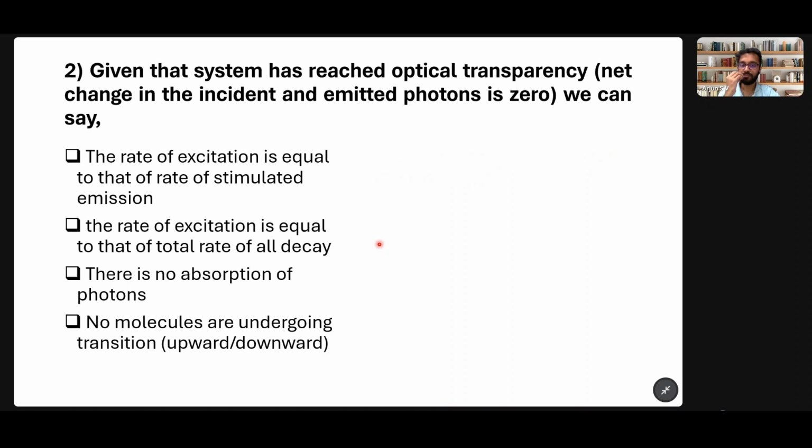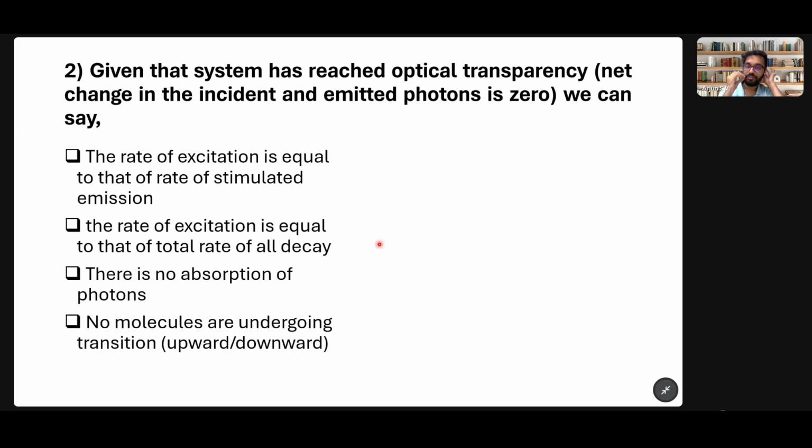So question number 2. Given that a system has reached optical transparency, net change in the incident and emitted photons is zero, we can say what? So optical transparency is a phenomenon where the change in the incident and emitted photons is zero. So the options given here are: the rate of excitation is equal to stimulated emission,